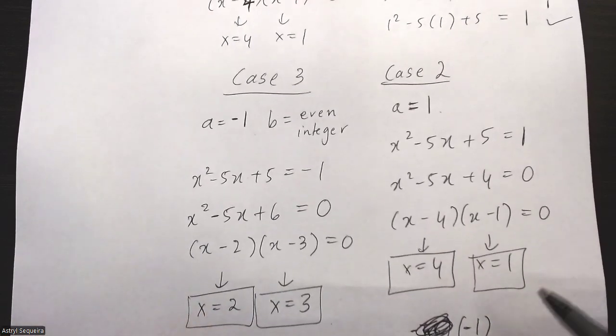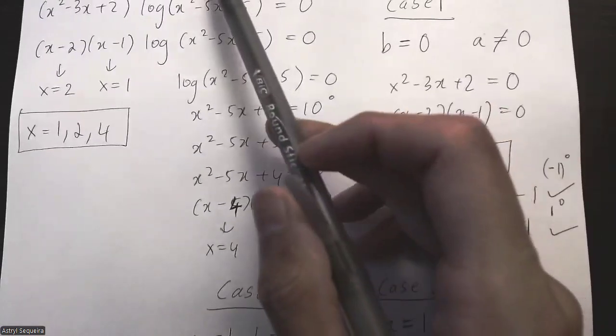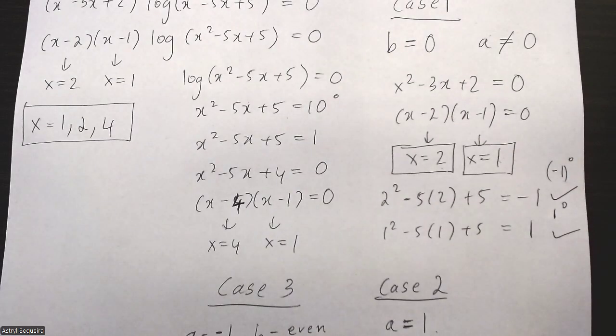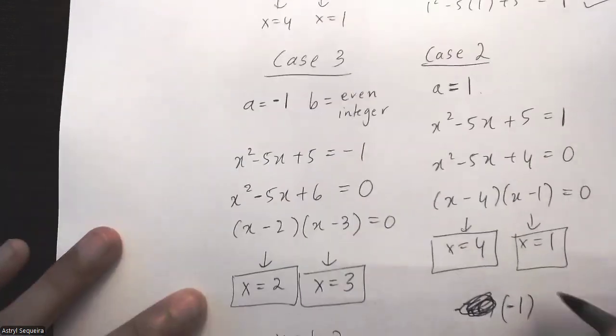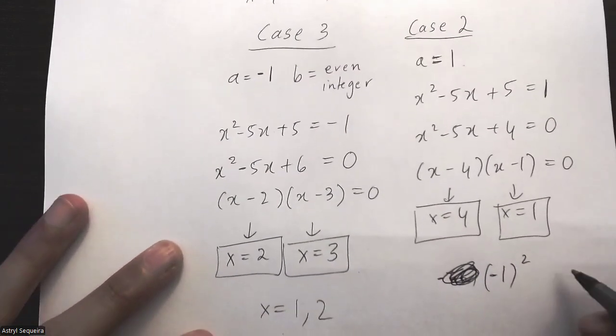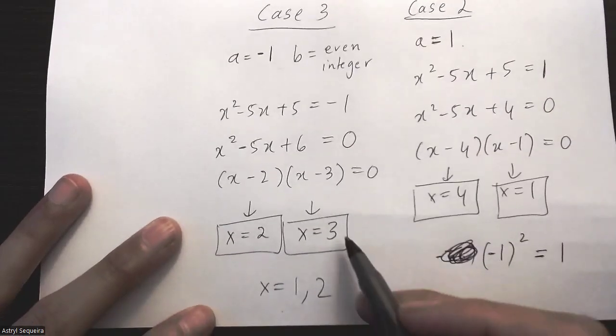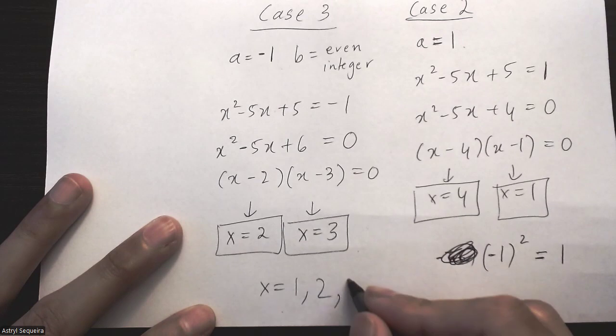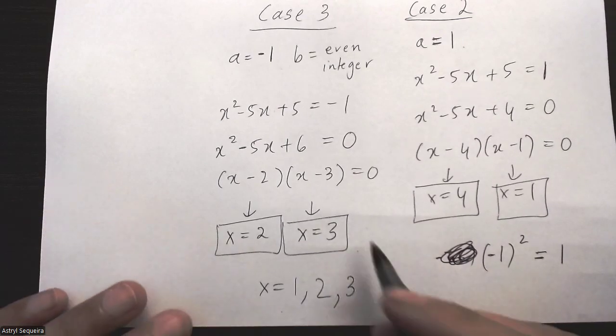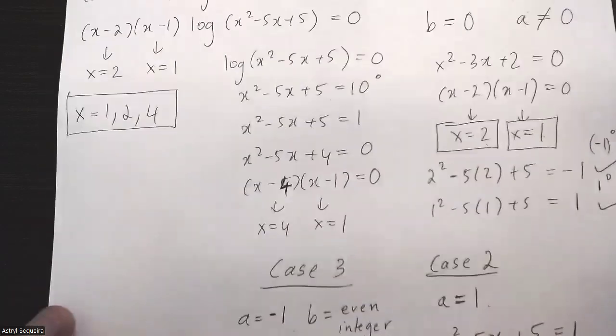And then let me do the exponent. So 3 squared minus 3 times 3 plus 2 is 2, and negative 1 to the power of 2 is positive 1, which means that x equals 3 is definitely a valid solution as well,